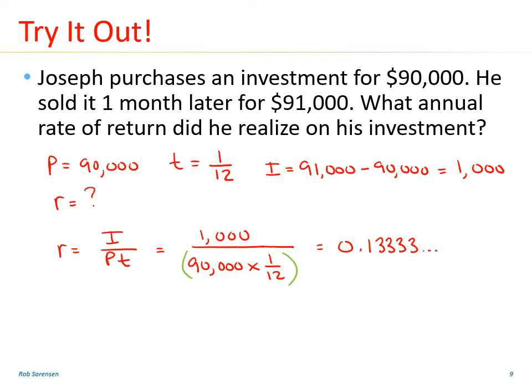0.13333, again repeating, or 13.33%. So Joseph made a pretty good return, just over 13%. I hope that worked out for you. If not, try it again now that you've seen me do it, so that you're all set to go and work on some of the practice material. But